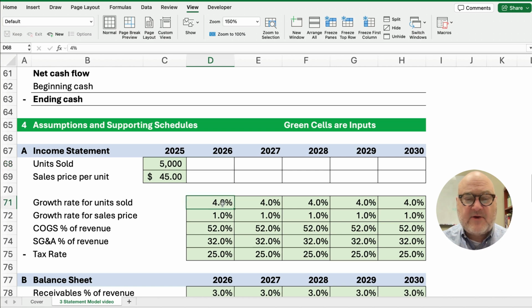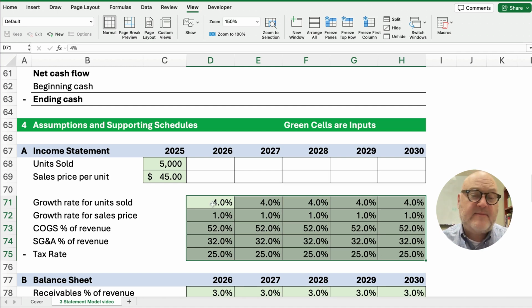You can change the growth rate. You say, oh, that growth rate is way too low. I'm going to make it 8% each year. Or you think, I'm in a mature industry, it's only going to grow at 2% per year. That's fine. You can adjust it. Once we have the model built, then everything can be changeable, and you can put your own numbers in. You can put 3.25% and be happy. You don't have to use 4.0. Okay? So let's get started with our